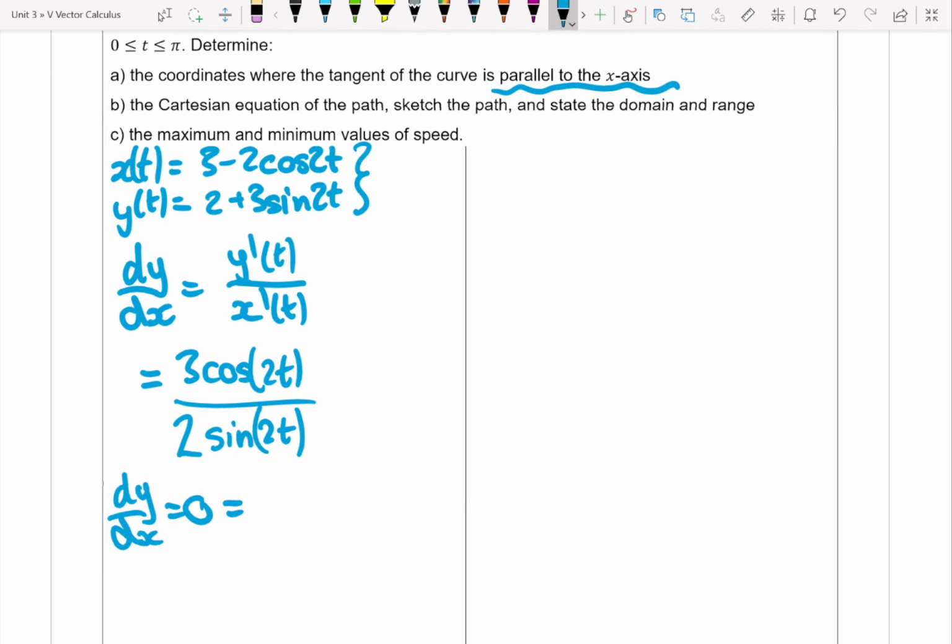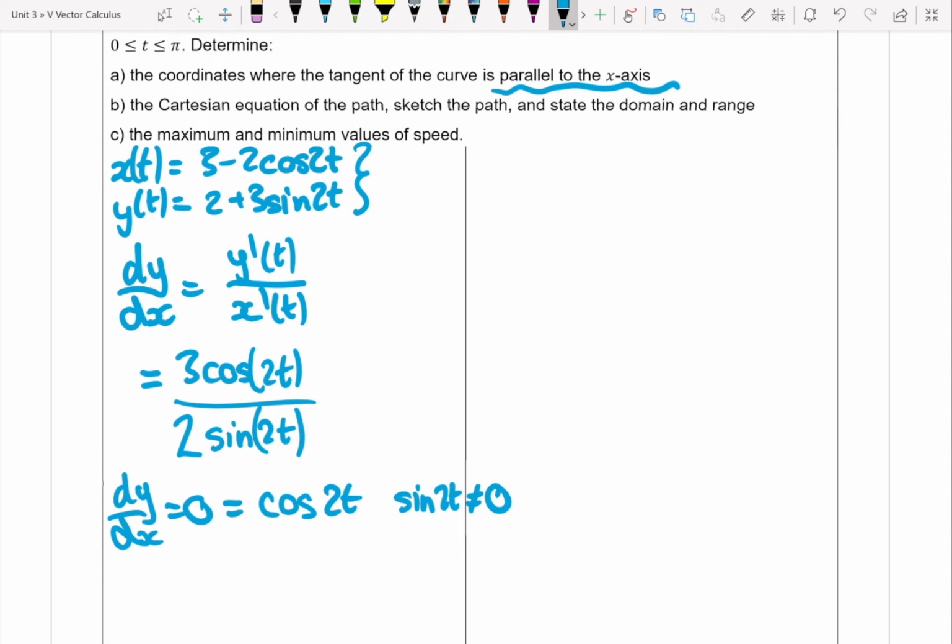So equal to 0, we don't care about the denominator. We don't care about this 3. This cos of 2t is what's determining whether it is equal to 0. So this is just asking, when is 0 equal to cos of 2t? But we also need that sine of 2t is not equal to 0, because at that point the derivative is